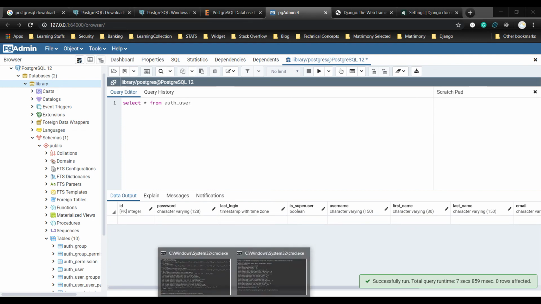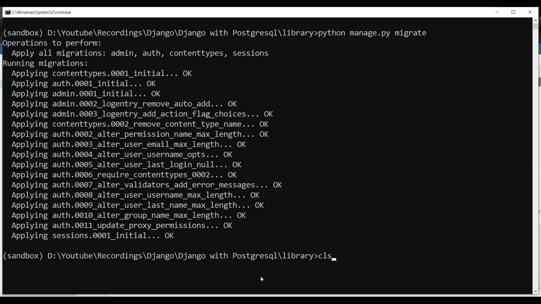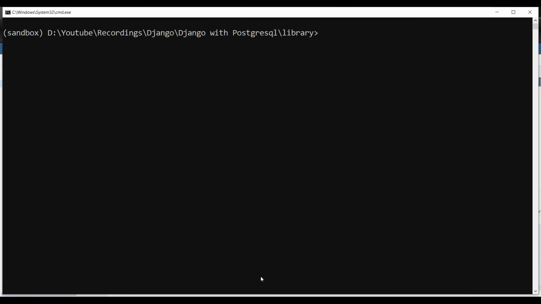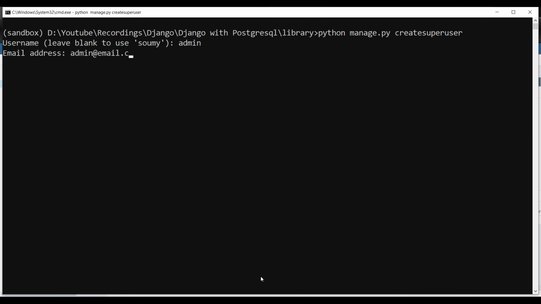Now we will create the superuser. For that we will use manage.py and the command createsuperuser. So I will give it admin, okay, and admin@email.com, it doesn't matter what email it is, and a password.